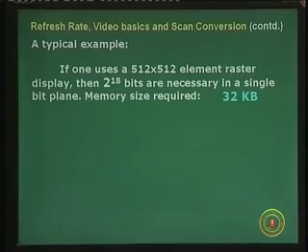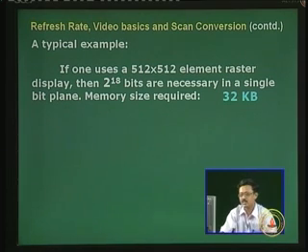Let us take a typical example of memory usage. We will say if one uses a 512 cross 512 element raster display. What do I mean? Well, we talked of a matrix or an array of pixels. So, there are 512 rows and 512 columns, perfect square matrix, aspect ratio 1,